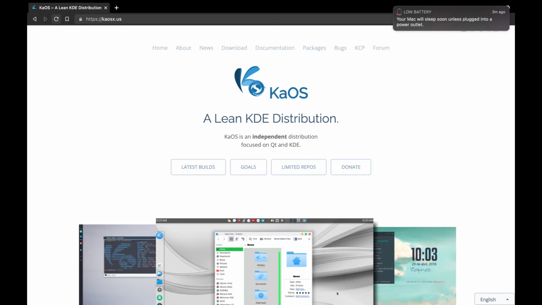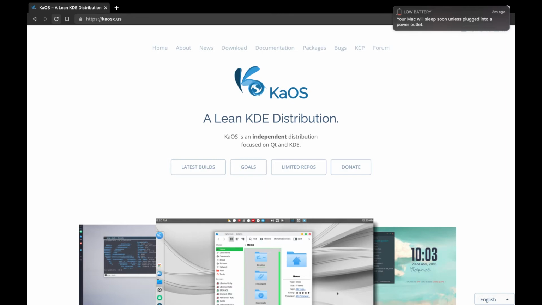2022.02 has been released with some interesting updates. With this new release, KaOS now uses Wayland as its default display server, except if you're using an NVIDIA card, then of course it will still go with the X.org server, because that retains better compatibility with NVIDIA cards. KaOS now uses Plasma 5.24, which includes the new configure display settings item, which allows you to configure